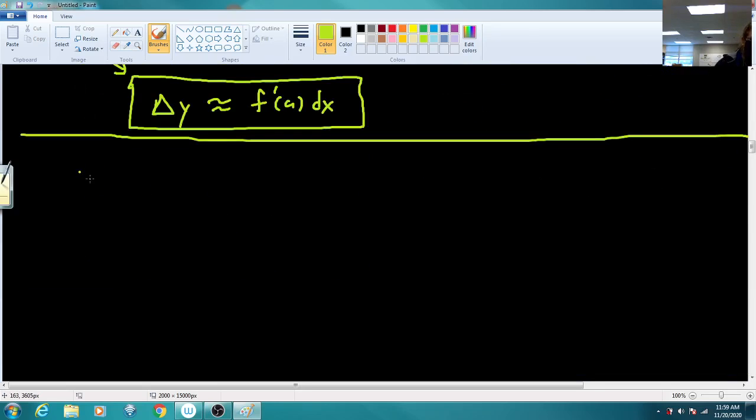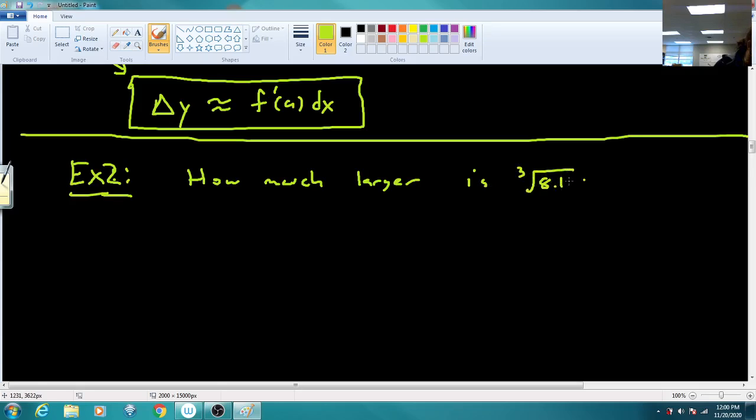So for this next example, this is example 2, they say how much larger is cube root of 8.1 than cube root of 8. And the book doesn't say that they want us to do an estimate, but they don't really say it in the way they have it set up. So we're going to put the little word out front here. We're going to say estimate,